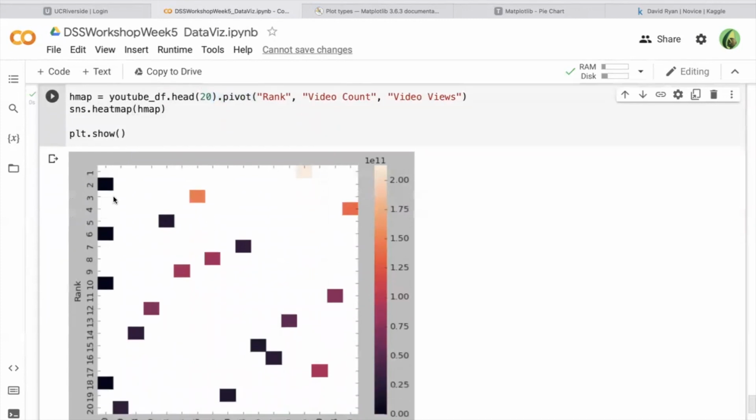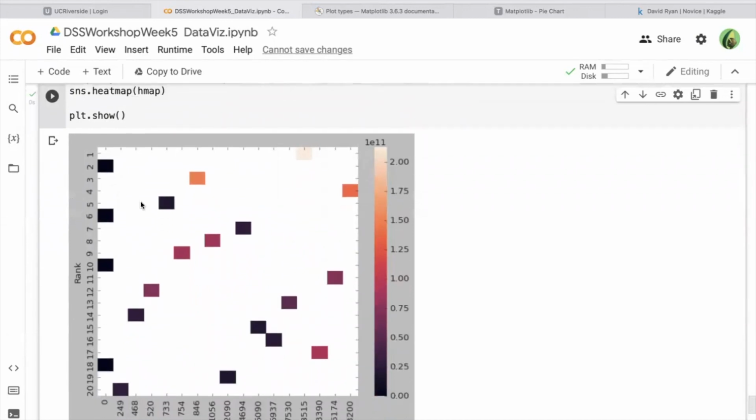Typically a heat map will have all these values as different colors, and of course it's hard to see again on the projector. But this is orange, this is also orange, this is very light, and this is dark. And what that essentially is saying is, with this little bar here being the intensity from 0 views to the most amount of views,